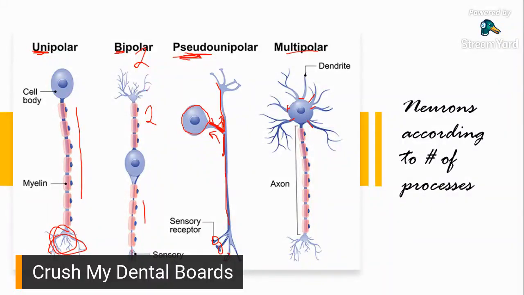Okay. Ngayon ito, if you would take a look at this bipolar, from the cell body itself, there's just two that's attached to it. Okay? Kaya siya bipolar. So it doesn't matter whether yung dendrites niya ay branching, as long as pagdating sa cell body, dalawa lang yung naka-attach. So bipolar siya. Okay? So that's how they classified neurons according to number of processes.